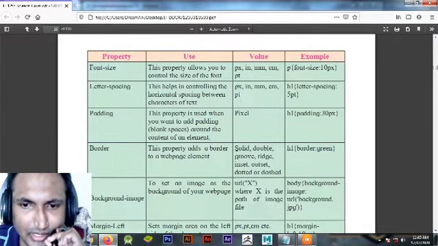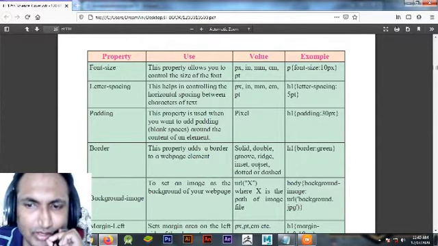So these are the values of border. You can give these values also: solid, double, groove, ridge, inset, outset, dotted, dashed. You can specify like this. These values can be there.